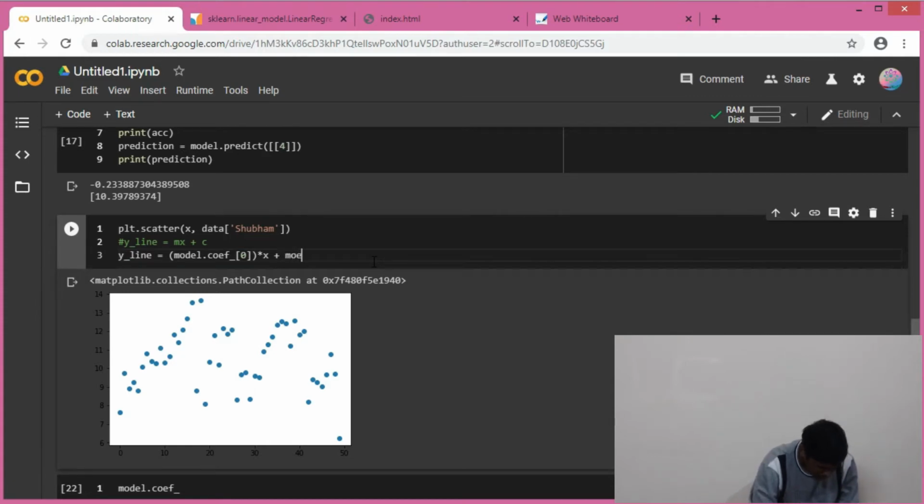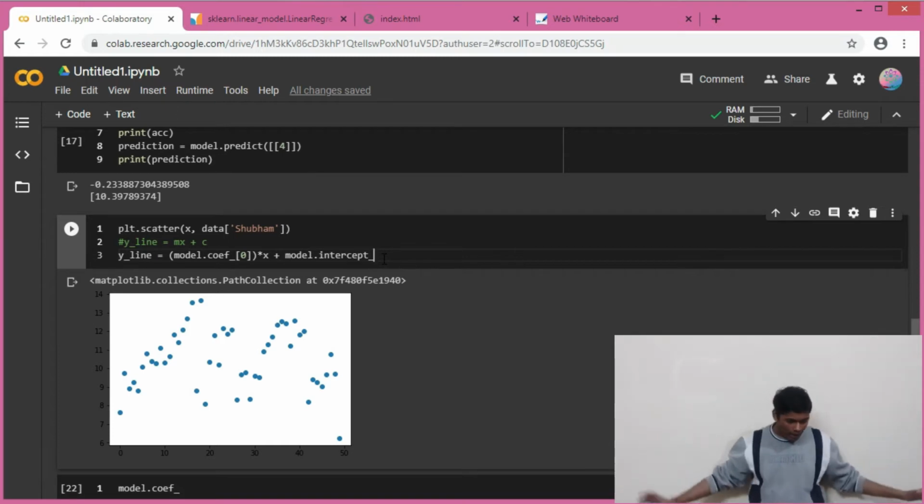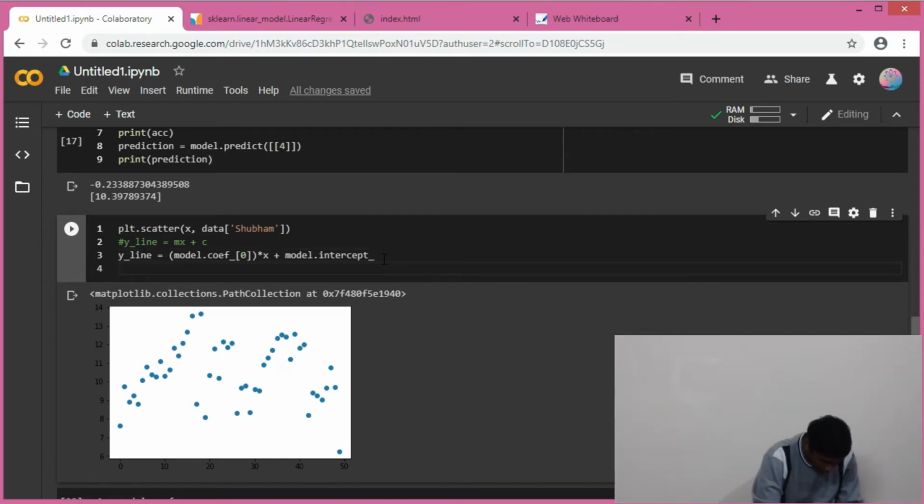So it will be model.intercept. Okay, so that's it. And your line is ready. Now how can I plot it? If you have a plt.scatter,